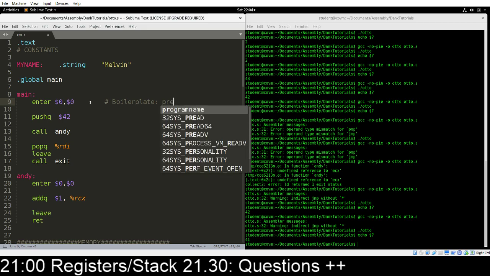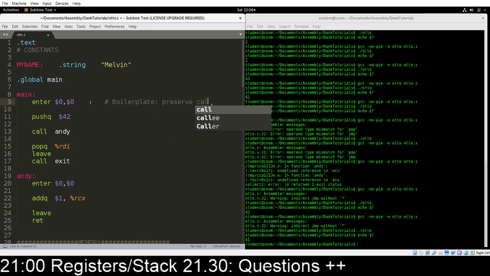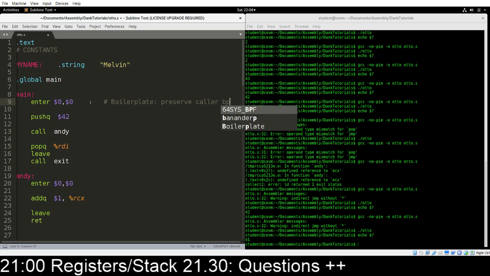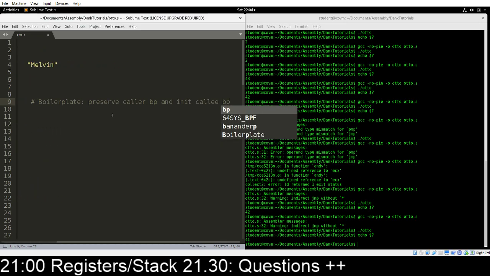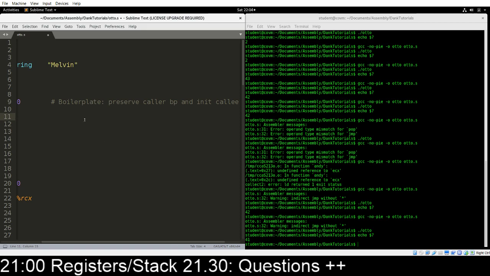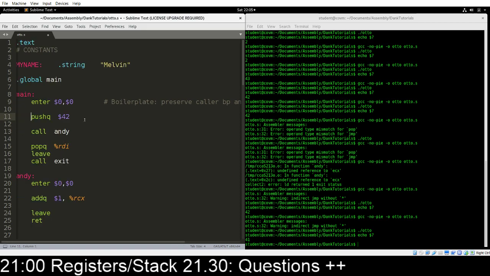Basically reserve caller base pointer, and init callee base pointer. That's what it does. And this one, tabs or spaces, it just pushes 42 on a stack. We know what it does. It's really not that important,